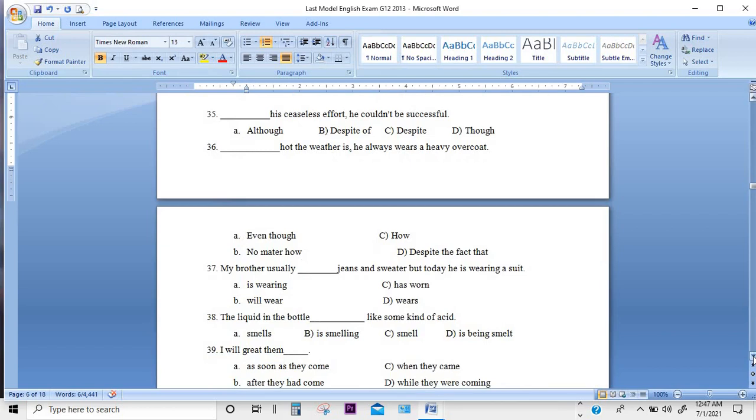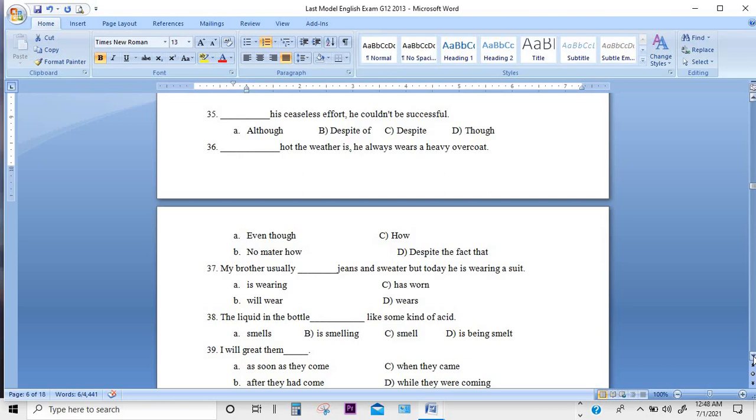Dash is ceaseless effort, he couldn't be successful dash his ceaseless effort. Okay, from the answer choices, as we can see, it is a question from